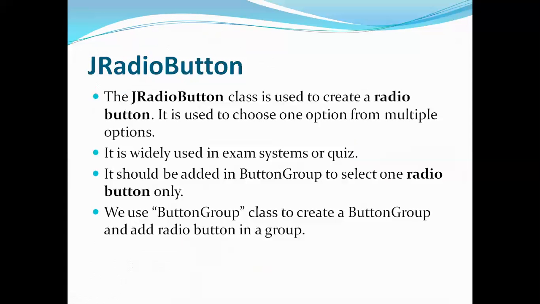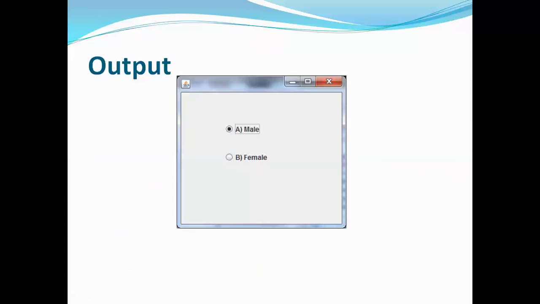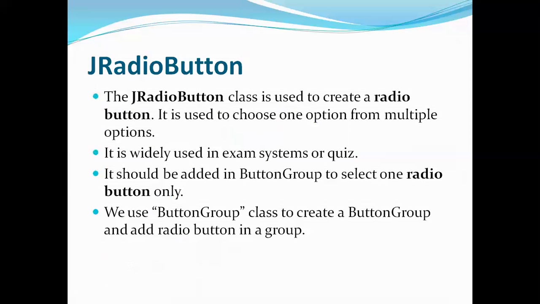Now let's see the next one, JRadioButton. So JRadioButton is a button which is used in online examinations for multiple choice questions. So you'll be given four buttons, like four round buttons like this. Now out of four you'll be selecting only one. If the other one is selected, it will be disabled. Only one will be selected. So that is done with the help of JRadioButton.